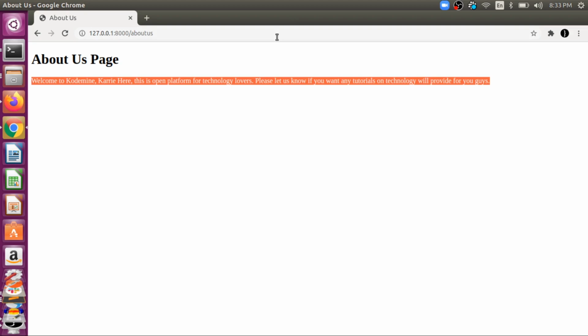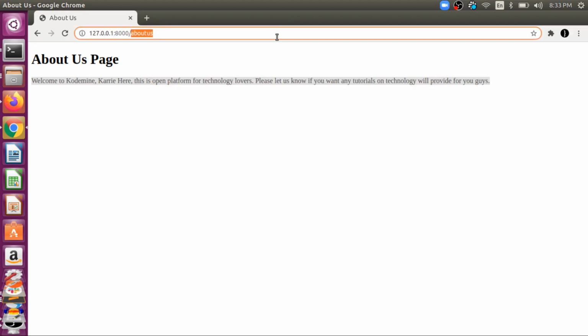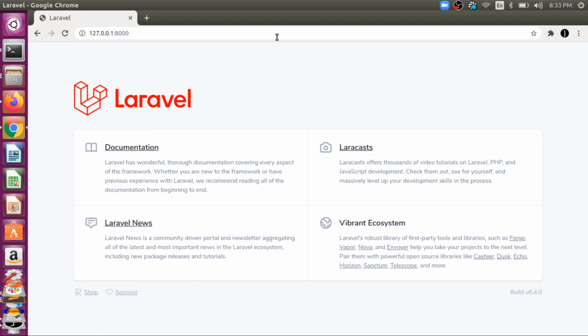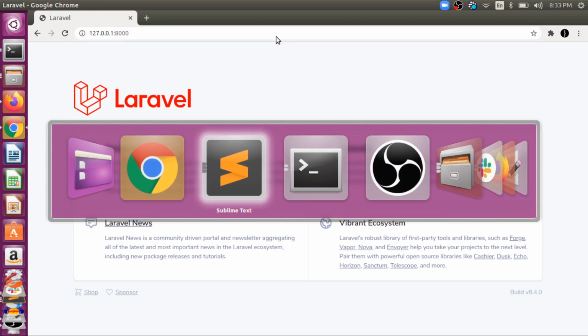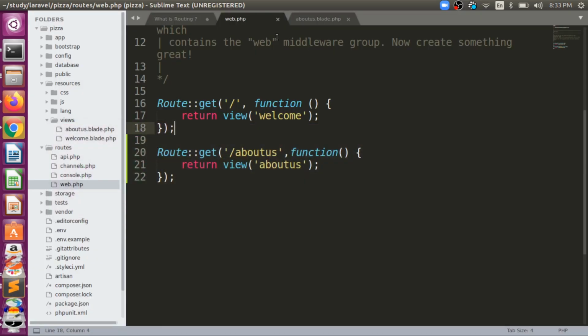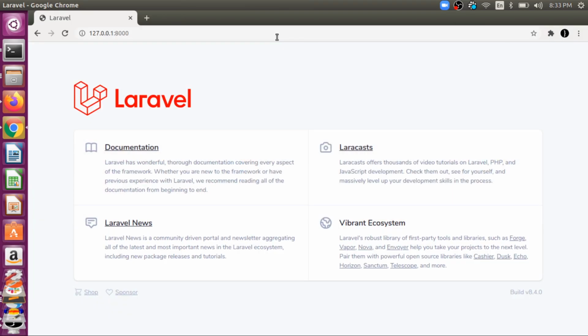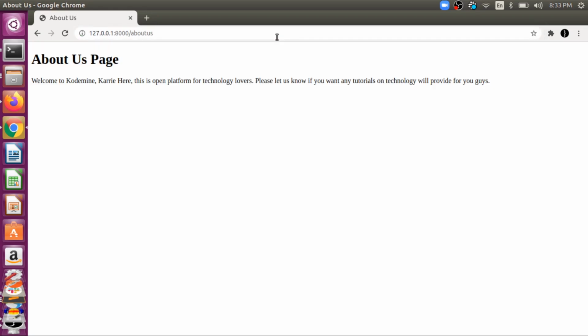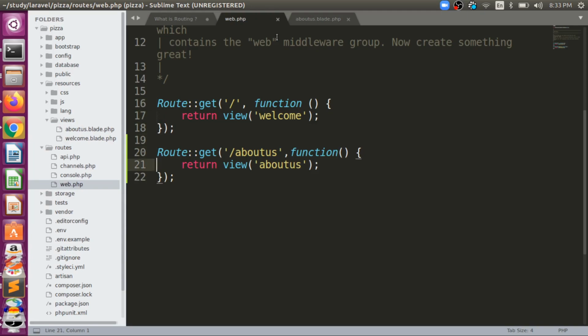So this is what I have mapped to one URL, right? And for example, I now want to come back here. So you guys can see now my default route is executed. Which route? This one. This one has been executed, and whenever I type this thing, about us, right, this way, then this route will happen.